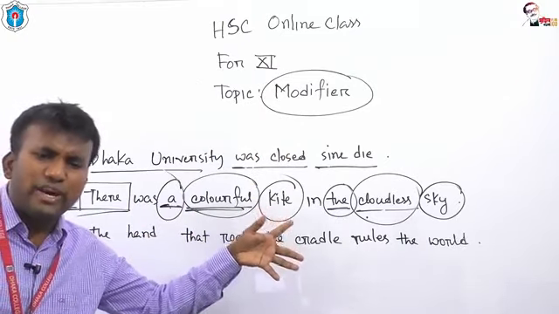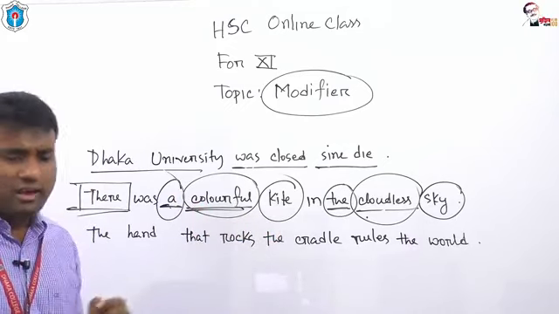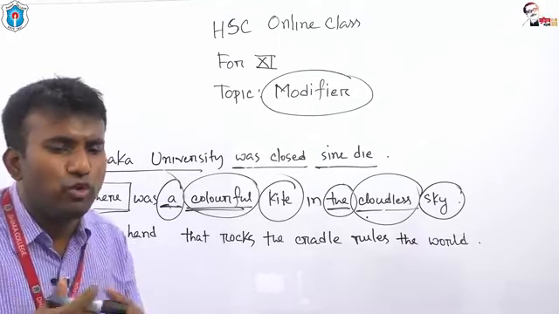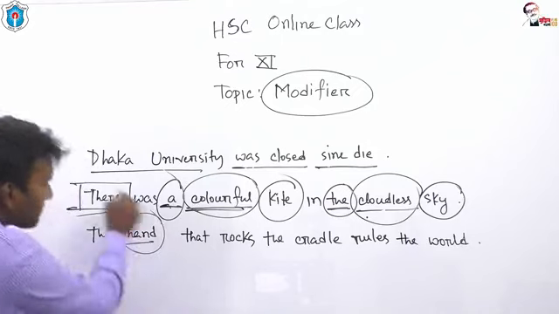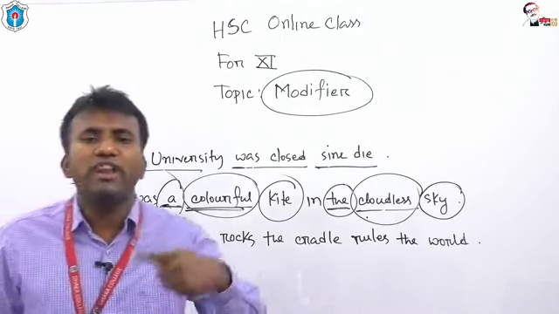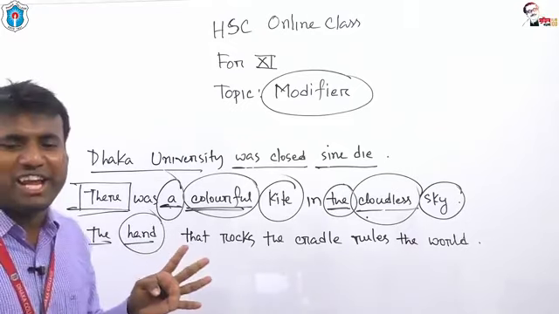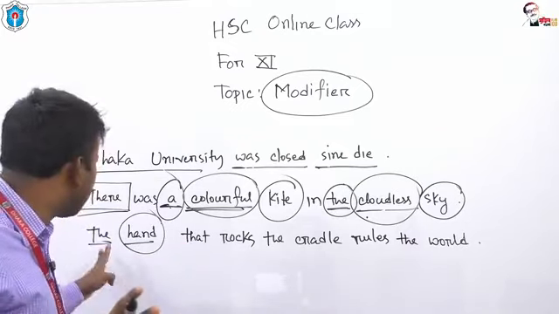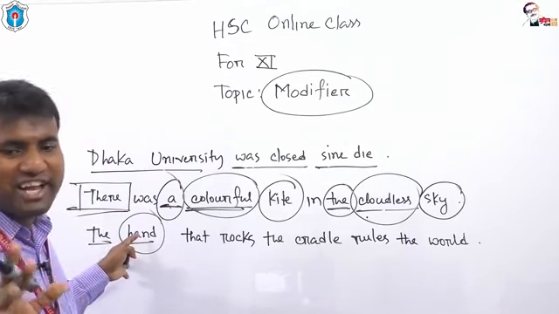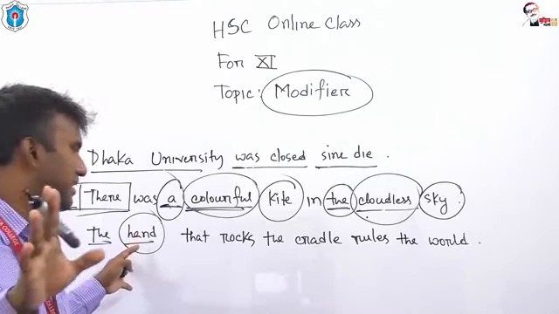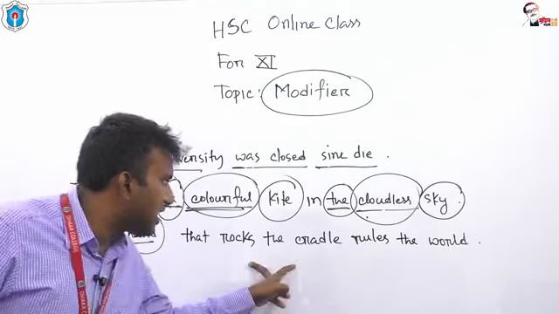Look at this sentence. According to this third sentence, we have to be a bit careful. Why? Look at please. The hand here, hand is being influenced or qualified by the article "the", and we have already come to know that articles always qualify a noun, and articles are called determiners. Now look at this sentence. The hand that rocks the cradle,